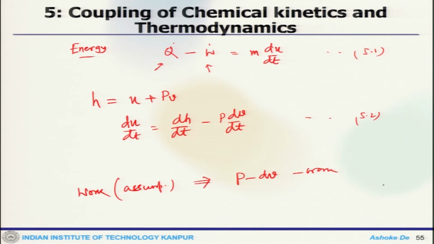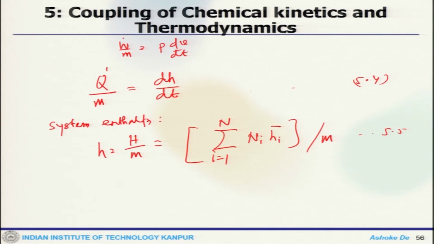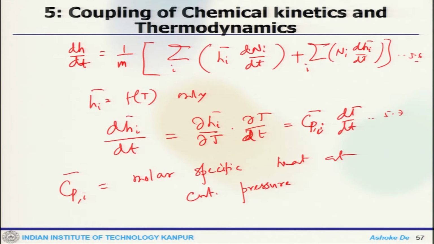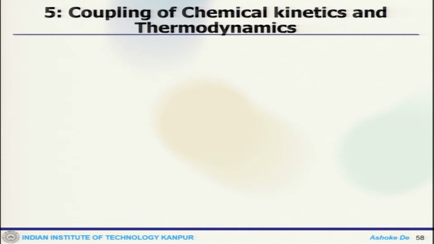Then we wrote our energy equation, and then we got the enthalpy, and then we have work. This is one of the biggest assumptions, that work is only the PdV work. Finally, we replace that, and this is where we stopped, the ideal gas behavior. Now, this is equation 5.7. Equation 5.7 provides the link between the system temperature and the system composition.